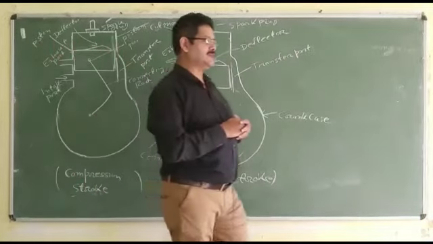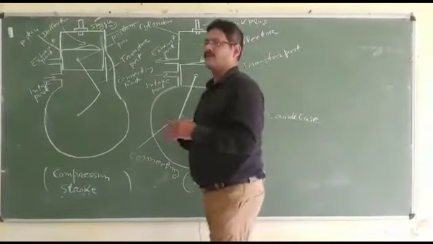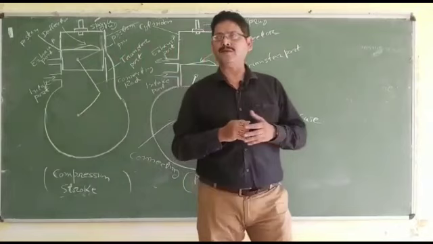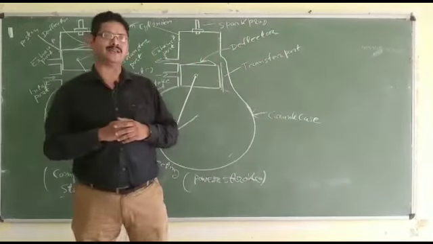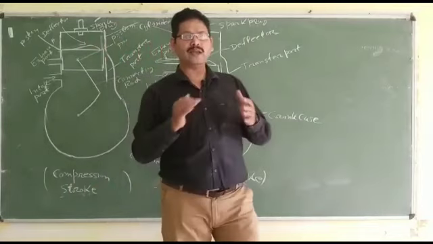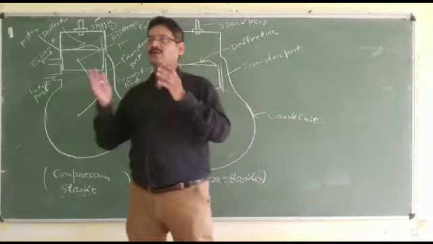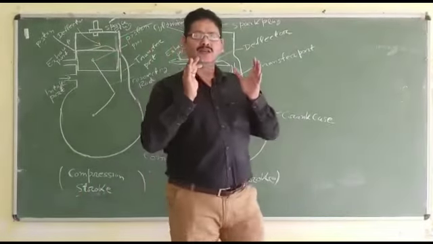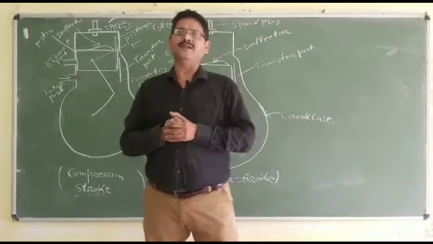Another thing you have to consider is that two-stroke cycle engines are more balanced compared to four-stroke cycle engines, because out of four strokes there are three idle strokes in a four-stroke cycle engine, whereas in a two-stroke cycle engine you have one working stroke and one idle stroke. So you require a comparatively smaller size flywheel, and definitely it is more balanced.